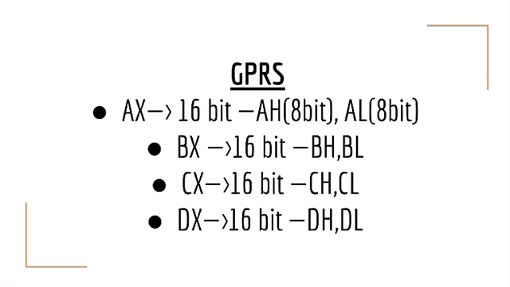The general purpose registers consist of four 16-bit general purpose registers, and each 16-bit register is divided into two 8-bit halves. As you see here, AX, BX, CX, and DX are the four general purpose registers. These four are 16-bit, but in each we have a high part and also a low part. The high part indicates 8 bits and the low part also indicates 8 bits, so in total they combine to 16 bits. So we have 4 general purpose registers.